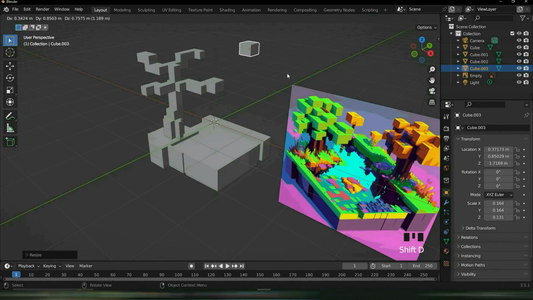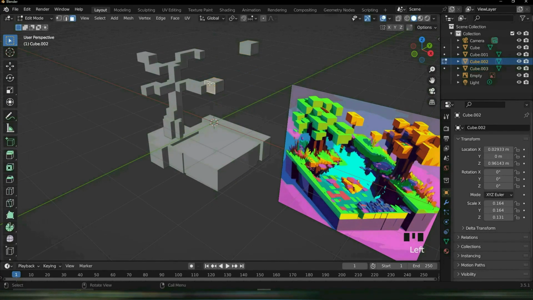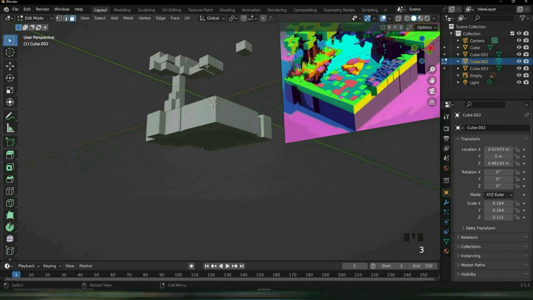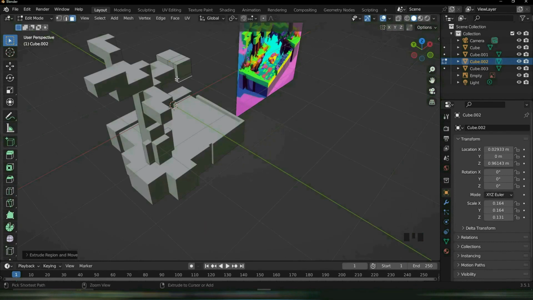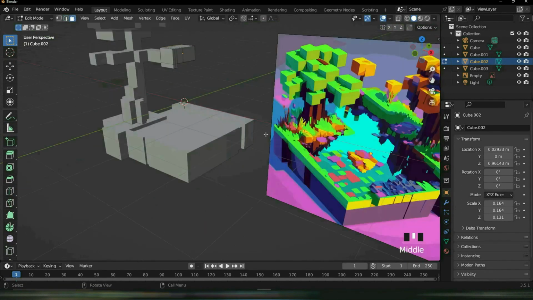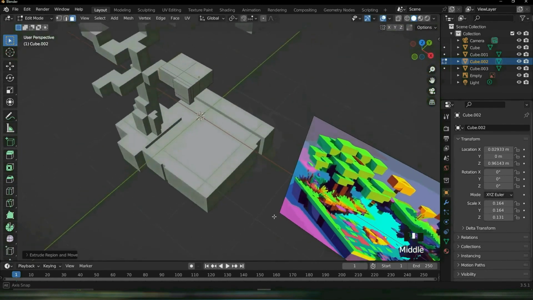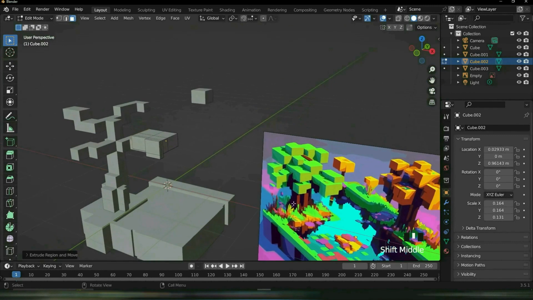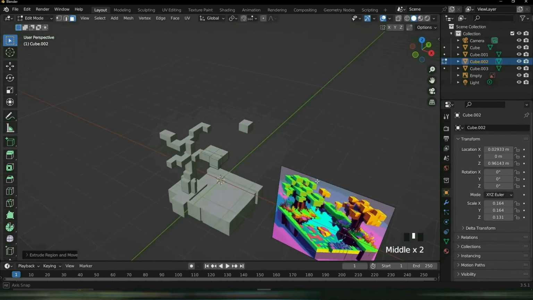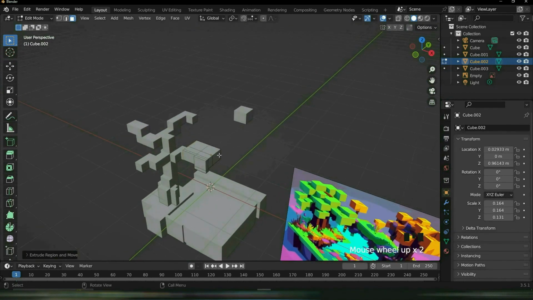Let's do Shift D just for now. Select this, extrude it out like this, Control R, make it a little bit thin, select this face here, extrude it down. Control R, let me select these faces here, and just extrude them backwards like this. And then those later on get connected to some other stuff. For now, let's do